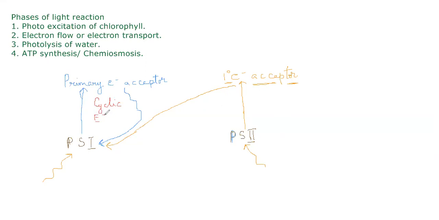In the case of PS2, the electrons do not return back to PS2, so this is non-cyclic ETS. Now, whenever electrons lose energy, either in PS1 or PS2,